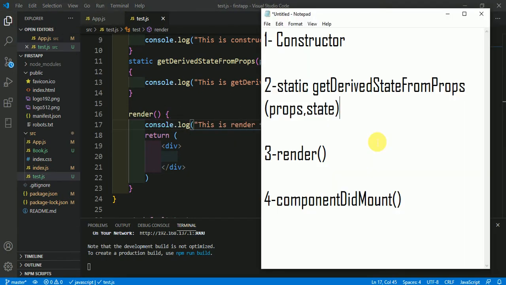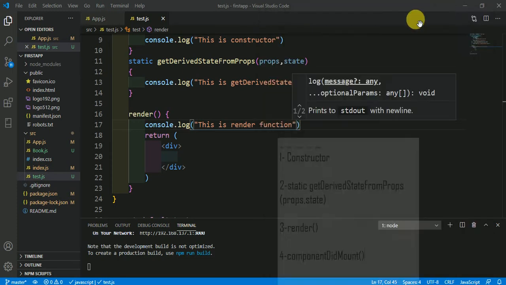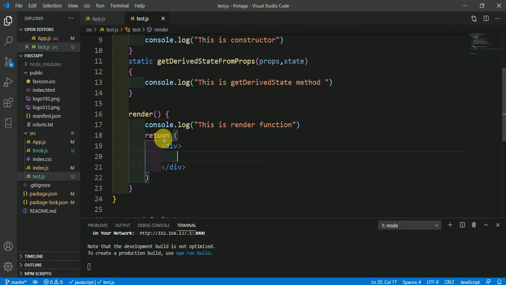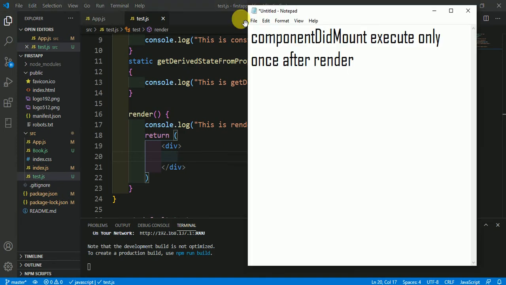The last one is componentDidMount. So what is componentDidMount? How could we use that function? You could declare this function here, or after the render function, but this function will execute only after the render function executes, and also only once after render.